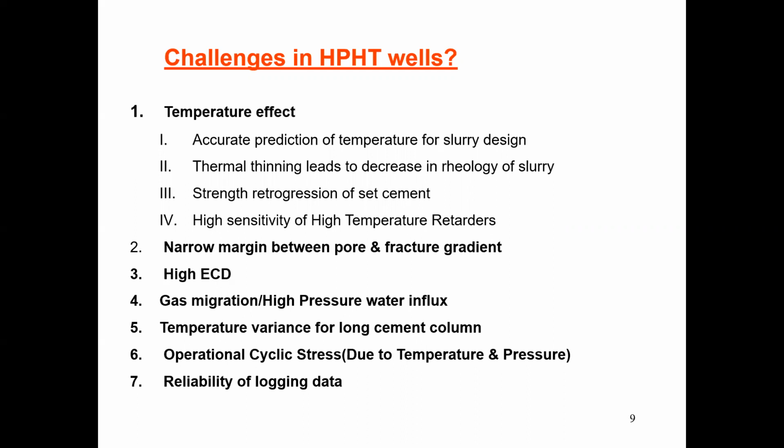So we have to do temperature sensitivity. Suppose I am designing the cement slurry at 150 degrees centigrade circulating temperature. I need to check what will be the effect if the temperature is not correct, and instead of 150 it is 155 or 145. What will be the effect on thickening time? So the temperature sensitivity as well as dose sensitivity is very important. These two sensitivity tests have to be conducted, especially for HPHT wells.